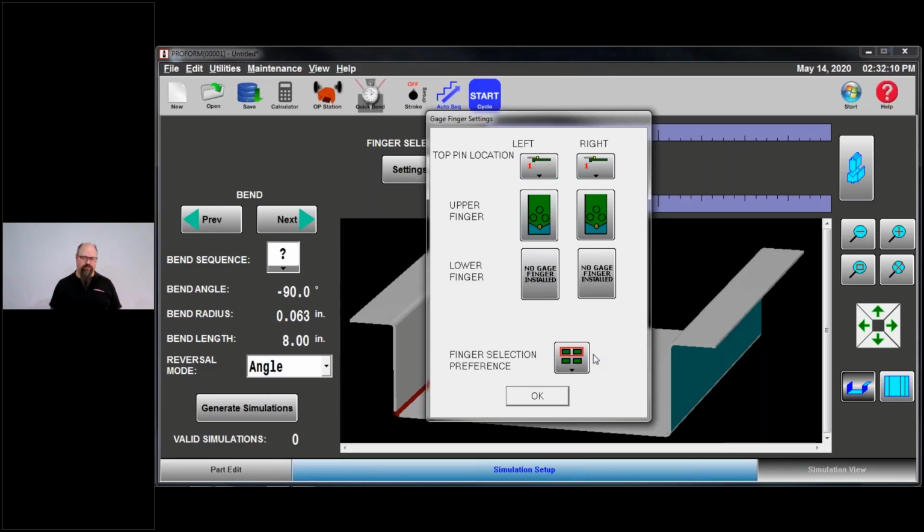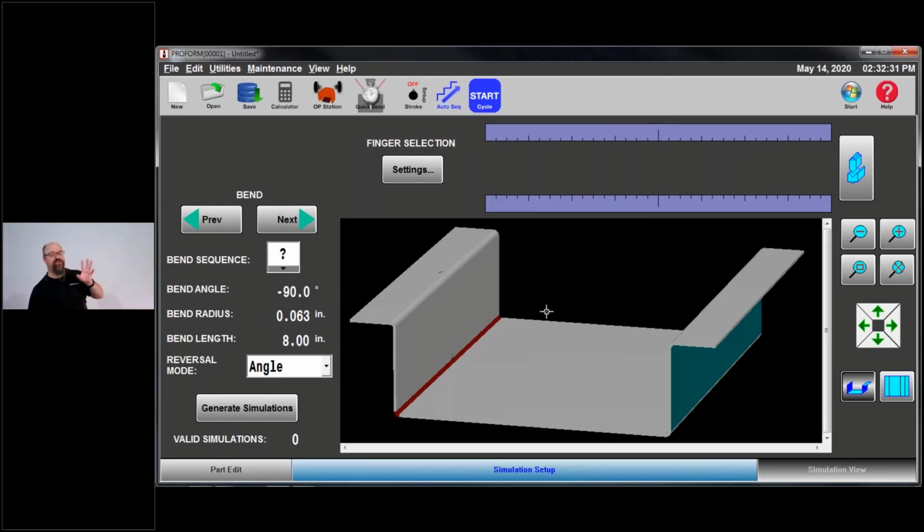You will have this, and I don't believe you have the selection preference because you don't have an upper carriage and a lower carriage. For right now, my fingers are in the upper carriage on my 5-axis gauge. That's where they're going to be. This is a one and done setting. Once I set this, I do not have to come back and change that. It can literally just be there forever, unless I physically change the actual location of the fingers at the machine, then I might want to change it.